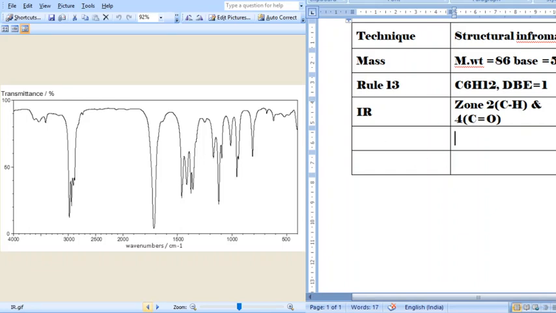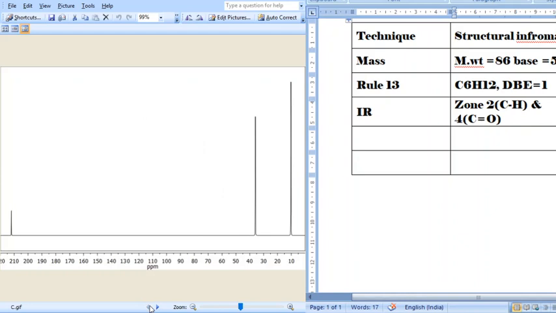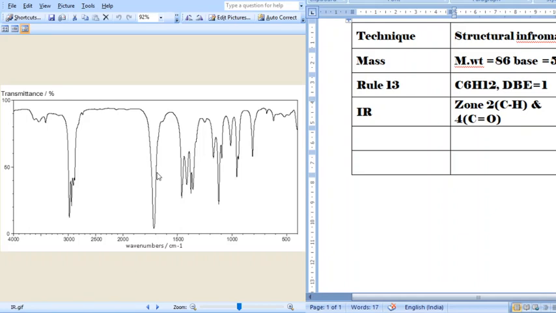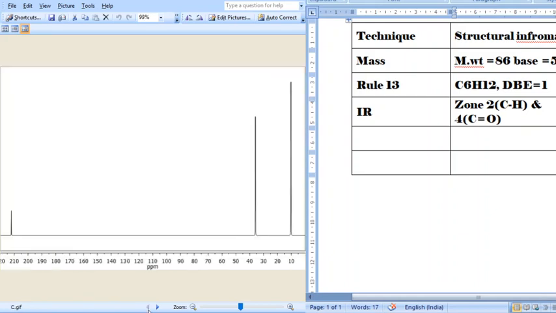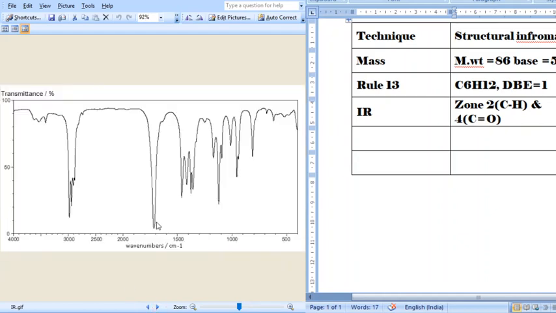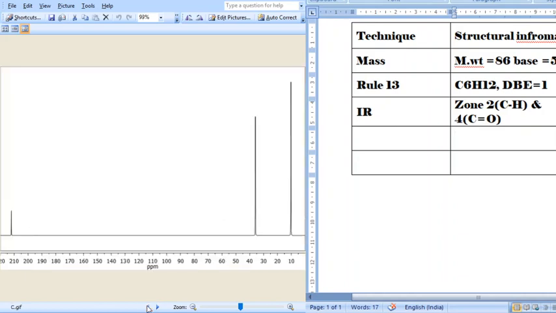And what about NMR? We shall see C13 NMR, and then proton NMR. In C13 NMR, we get 3 signals, and here we have a signal at 210. This confirms that this peak is a carbonyl. In C13, if there is a peak at around 200, then it is a carbonyl. That is another important factor. And there are other signals apart from this carbon, and therefore there should be 2 sets of carbon in the whole molecule.